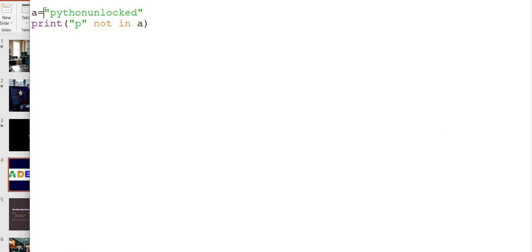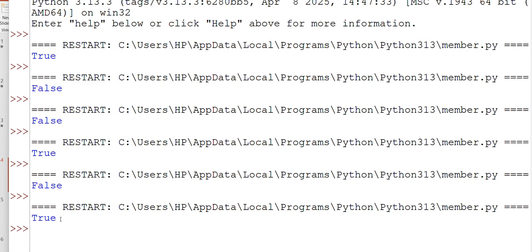Let's say instead of a string, I am dealing with a list. I want to check whether 4 is a part of my sequence or not. 4 in A. So I am getting true over here, as 4 is a part of the sequence. That means I can apply a membership operator on any sequence, on any collection. So the membership operator is simply what? It will check the presence and it will check the absence. In is for checking the presence, and for checking the absence, I'll be using not in.